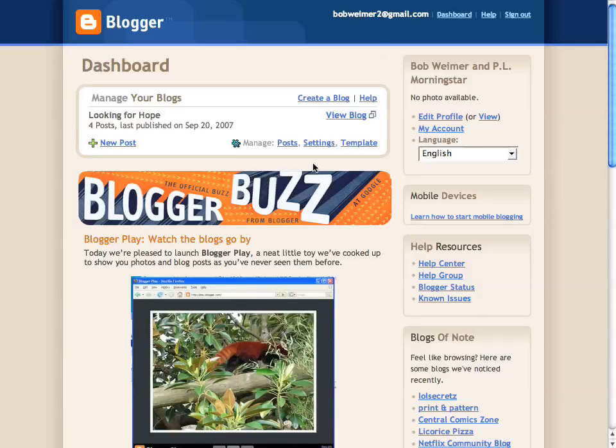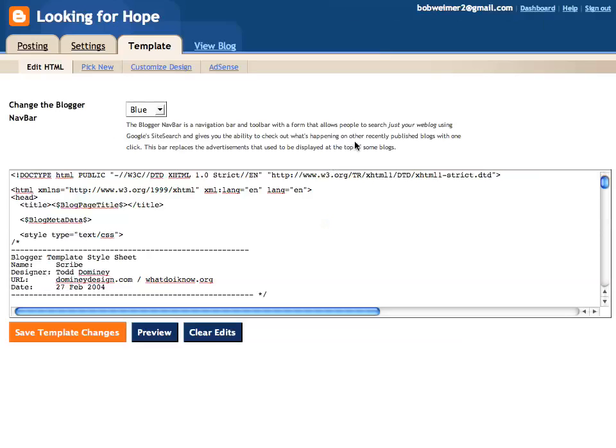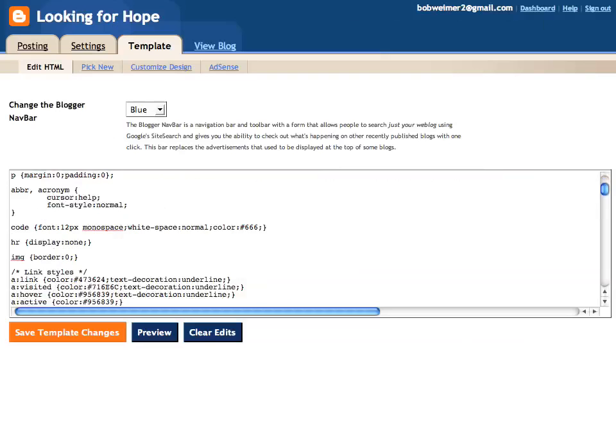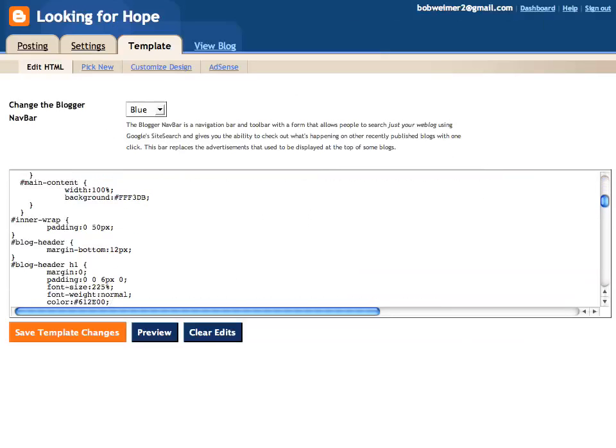So we're going to sign into your blog first. And we want to go to the template, which is the setup for your blog. Now this is where it gets confusing. So this is HTML code. And what you want to do is scroll through here until you find